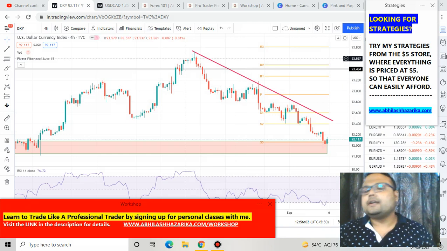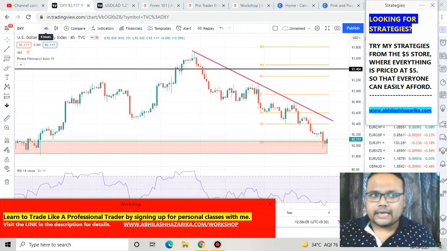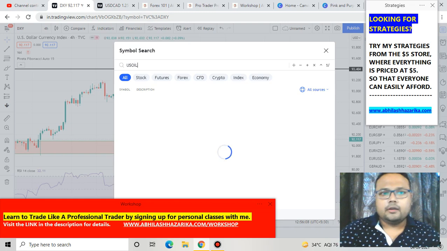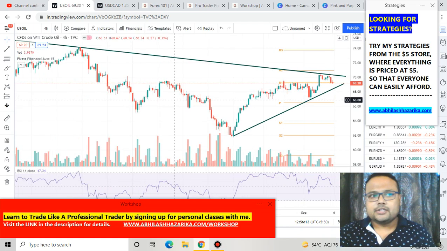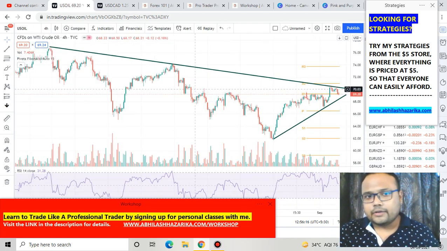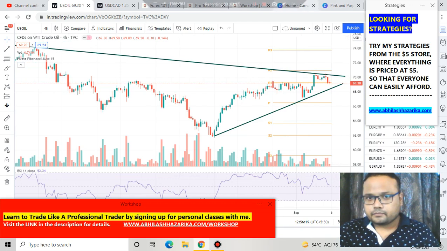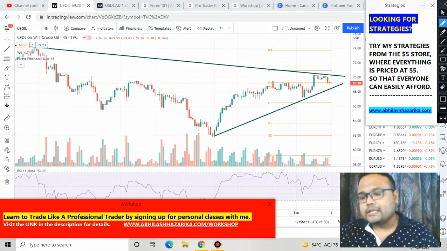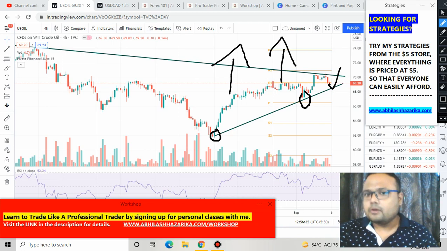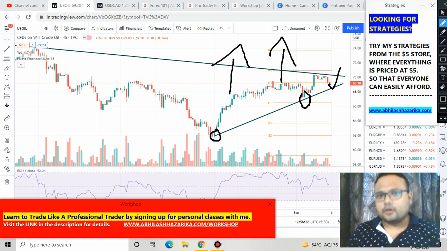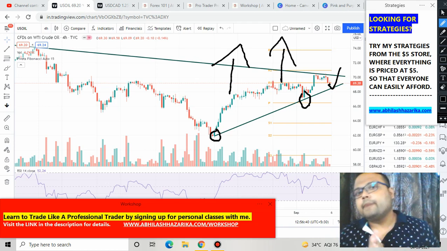The other factor that has a direct impact on the chart of USD CAD is oil. Crude oil has a direct impact on USD CAD. And this is the chart of US crude oil. You can see that it is also standing at resistance, but we also have a support. Therefore the chart of crude oil does not give us a clear picture. Just keep in mind that whenever crude oil goes up, the Canadian dollar goes up, because crude oil is a huge part of the Canadian economy. So it has a direct impact on the Canadian dollar.